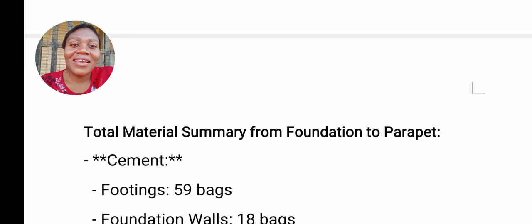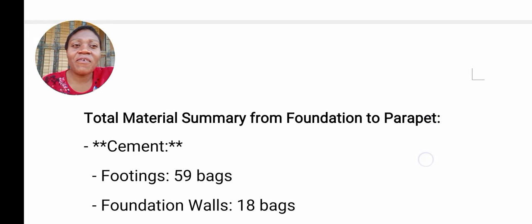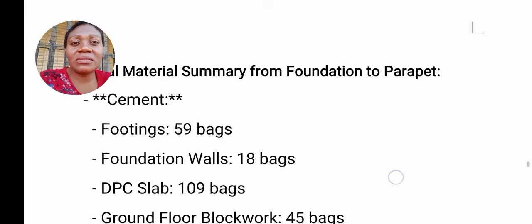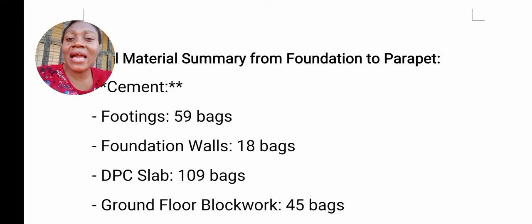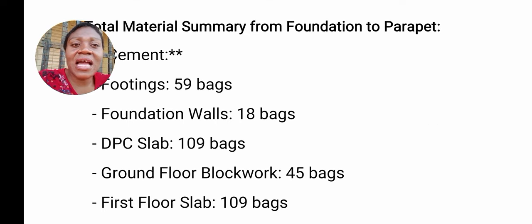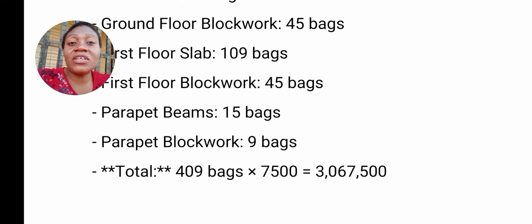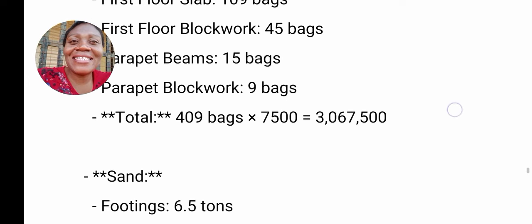Let's go. Here, the total material summary from foundation to parapet. Cement, after adding all the cement, you do the calculation the same way I have explained for the first stage, second and third, first, second, third, and fifth stage. Continue the calculation like that, and that is how you land at this. Okay, so from foundation to parapet cement, you'll be needing 409 bags of cement. So multiply it, you are having